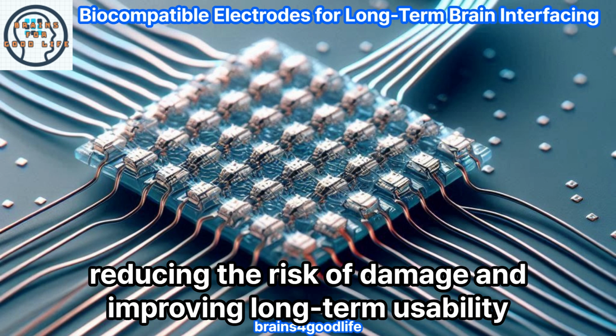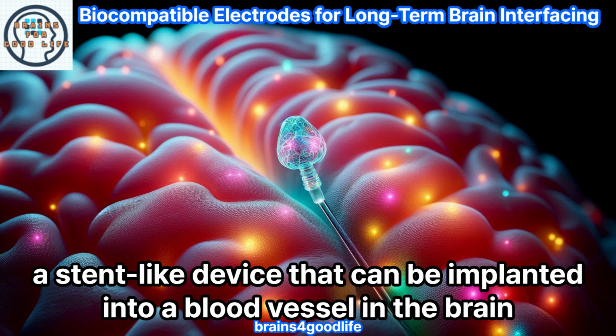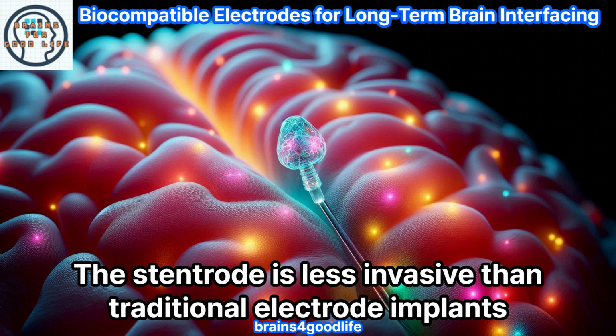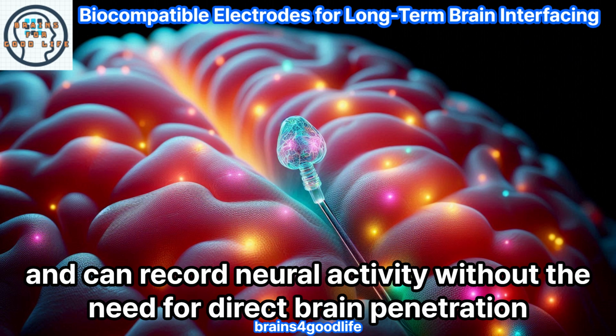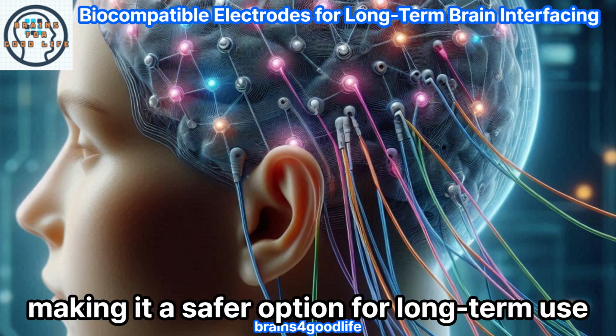improving long-term usability. Another promising design is the stentrode, a stent-like device that can be implanted into a blood vessel in the brain. The stentrode is less invasive than traditional electrode implants and can record neural activity without the need for direct brain penetration. This reduces the risk of tissue damage and inflammation, making it a safer option for long-term